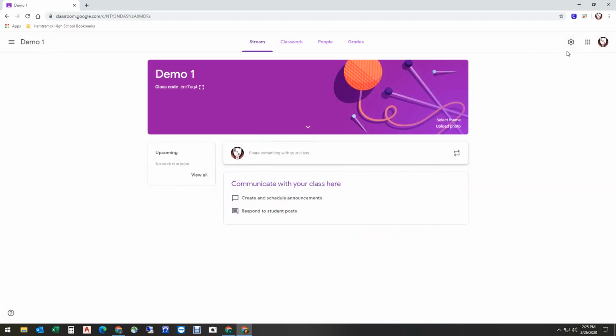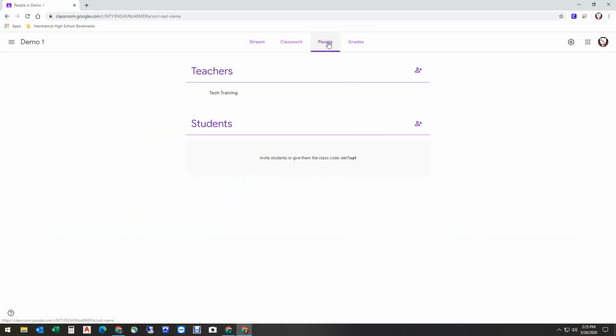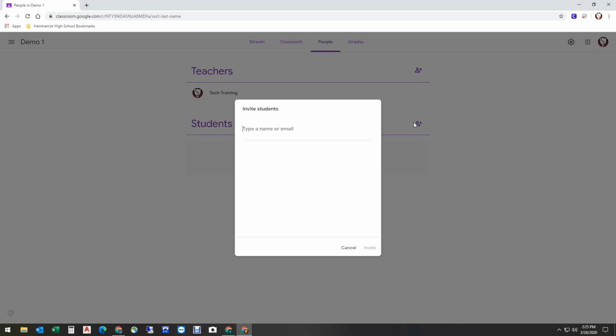So the other option is when we go here to people, okay, we can add students. If we know our students' school email address, which is their 700 number, we could invite them that way. So we would put their 700 number at students.hamtramckschools.org. So I'm going to go ahead and do that. I'm not going to use a 700 number, but I am going to use a student username that's been set up for testing purposes. HPS student